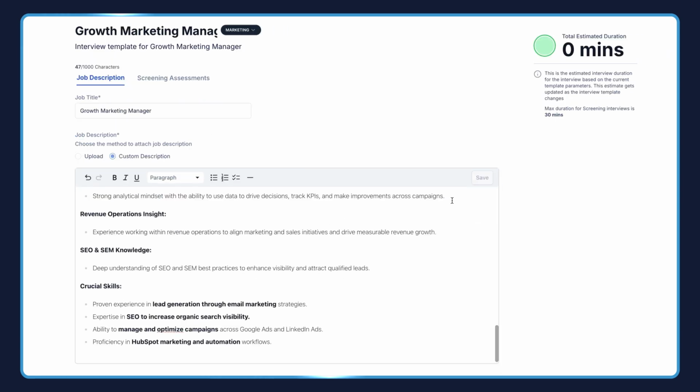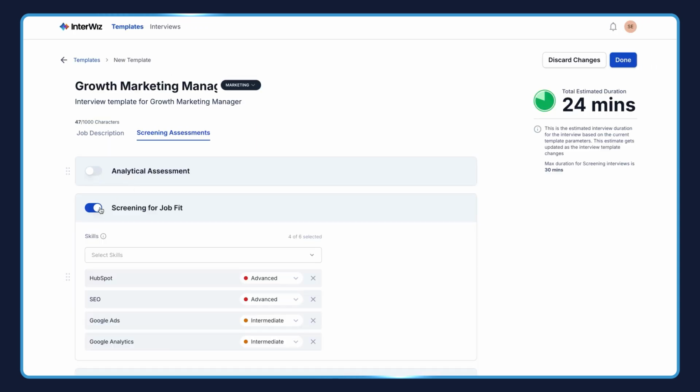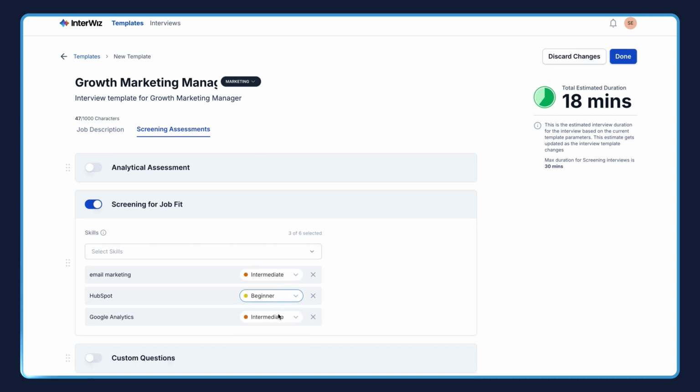Now comes the exciting part, adding assessments. Let's start with screening for job fit. This assessment is based on the job description you've provided. InterWiz automatically identifies the key skills required for the role, along with their desired proficiency levels. You can further customize the assessment by adding new skills such as email marketing, removing unnecessary ones, or adjusting the proficiency levels as needed. The system evaluates candidates dynamically, beginning with basic questions and progressively advancing to more complex ones